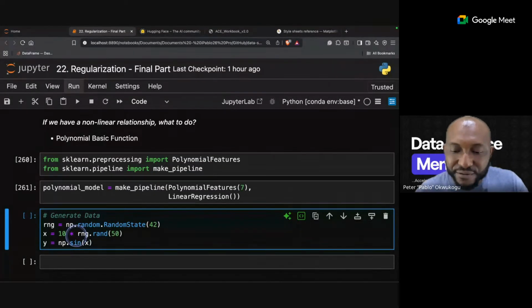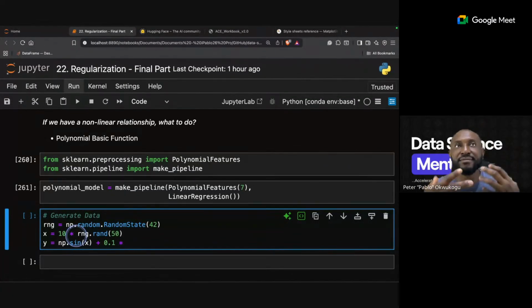And then we'll add a little bit of noise, just to jiggle the data, so to speak: RNG.rand with 50.